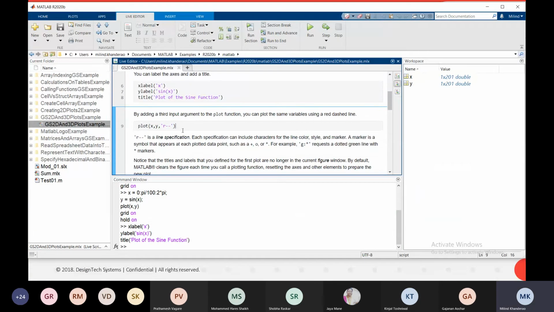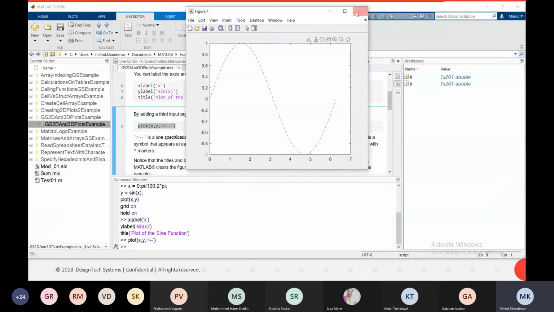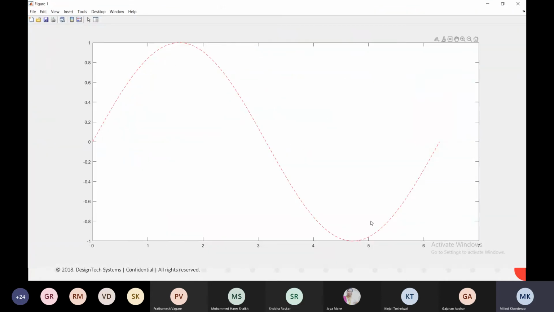You can also use a different color. Here the r stands for the red color, and I want a dashed line, not the solid line. Let us see, same plot with a dashed line.